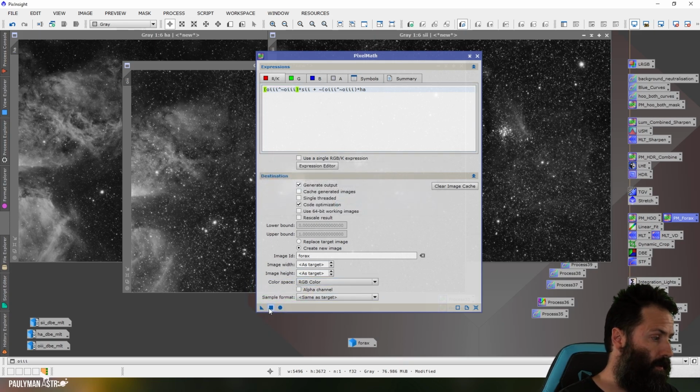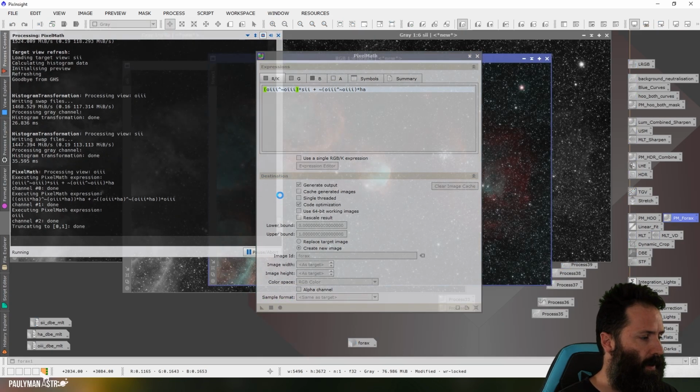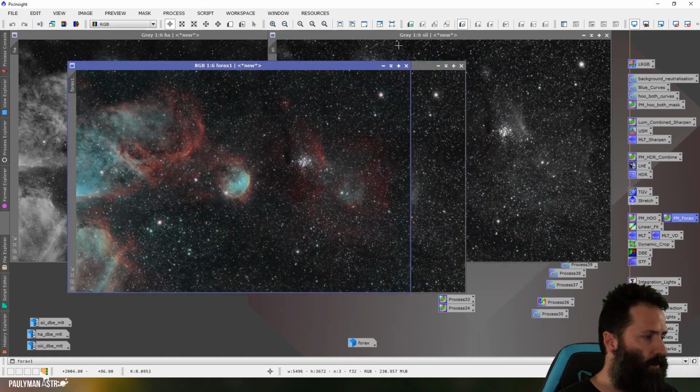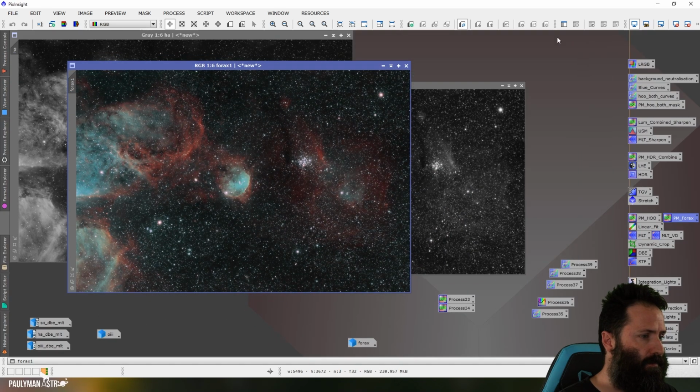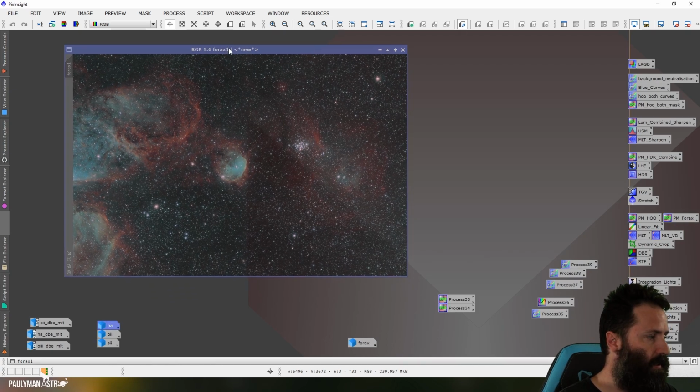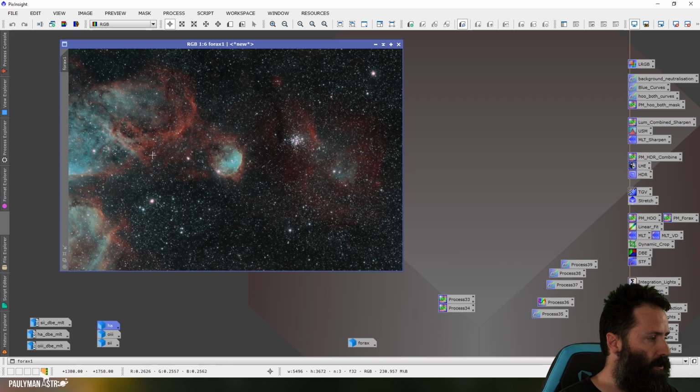Oops, got to apply, not try and make it go global. Okay, so here we go. Here's our initial 4x image. So I'll close these three H, O, and S images now. So here's our 4x image, and you can see it's got some nice reds and oranges and some cyans and blues, which looks kind of more of a natural palette than SHO, but it gives some nice differentiation between the three